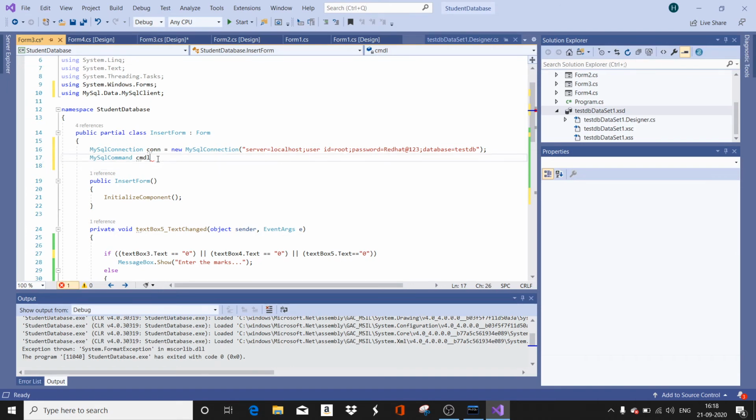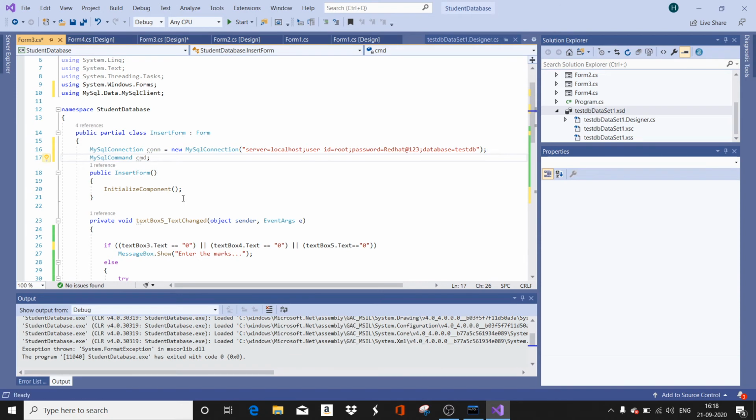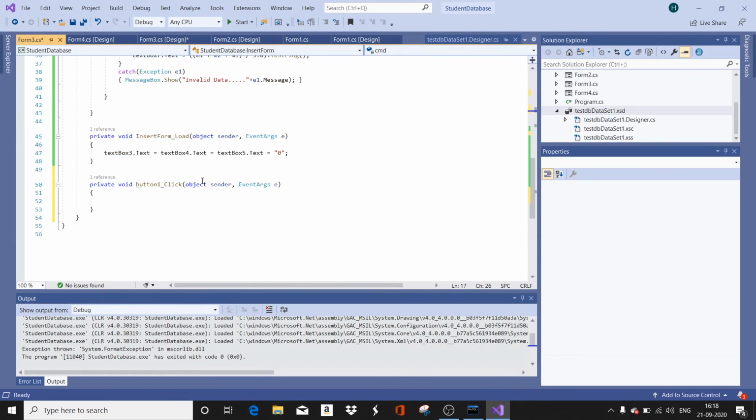Since this is a non-query, the command object will be executing it in non-query mode. So I don't want a data adapter, I simply have the command object. Now what I have to do,